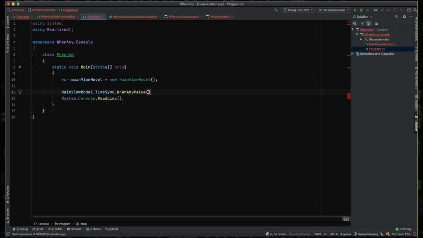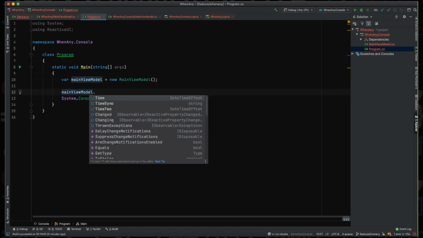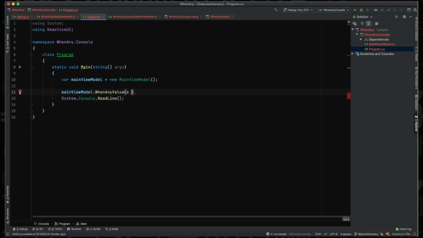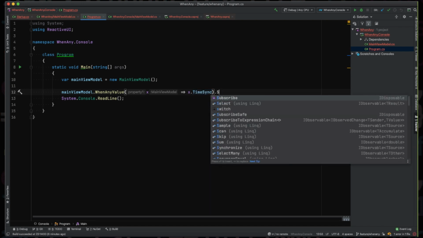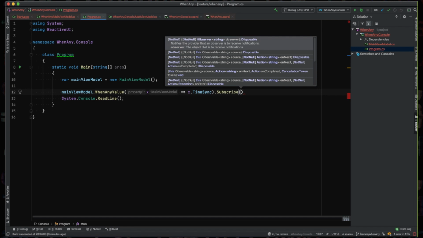I probably would just do it on the main view model. Oh, just on the main view model itself. Okay, main view model dot WhenAnyValue. There we go, because then we get access to the actual property. That makes a lot more sense, Glenn. Yeah, time sync. And then we'll just do subscribe, time,